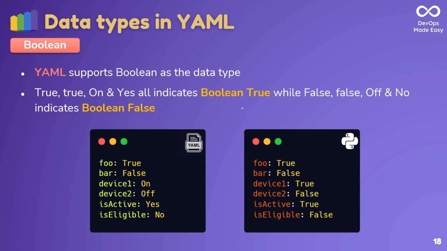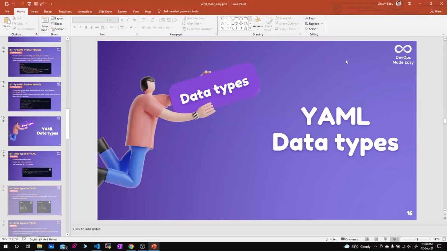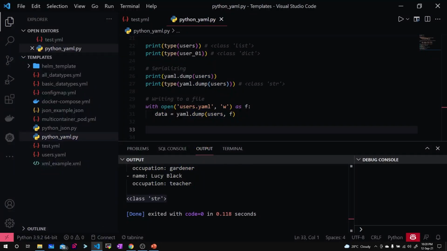So here the actual Boolean values for true and false are true with capital T and false with capital F. But you don't have to use these exact values. You can use on, you can use off, yes, no, everything will be supported. So in order to show it again programmatically, what I'll do is